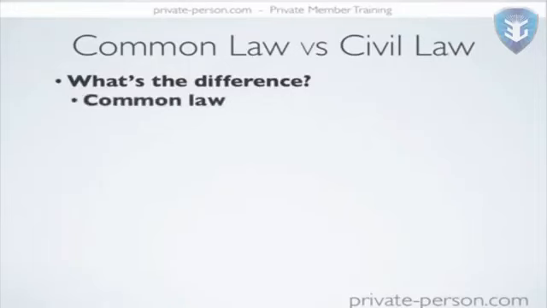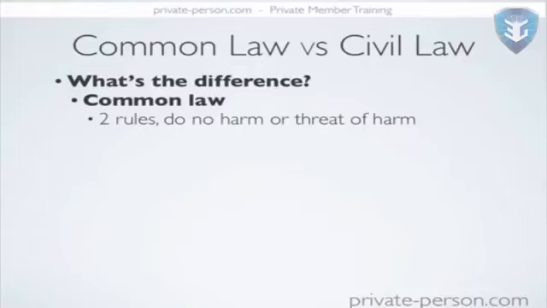Common law versus civil law. Now, as I've already talked about, the basic difference is that within common law there are two effective rules: do no harm, and no threat of harm to another person or their property. So if you don't ever do any harm to a man or a woman and you don't take their stuff or damage their stuff, then there really is no law that could be broken. Those are effectively the only two rules or laws that we need to comply with in order to be living a respectful and honoring life with respect to the people around us. So the ultimate rules of common law apply to freedom, responsibility, and liability.